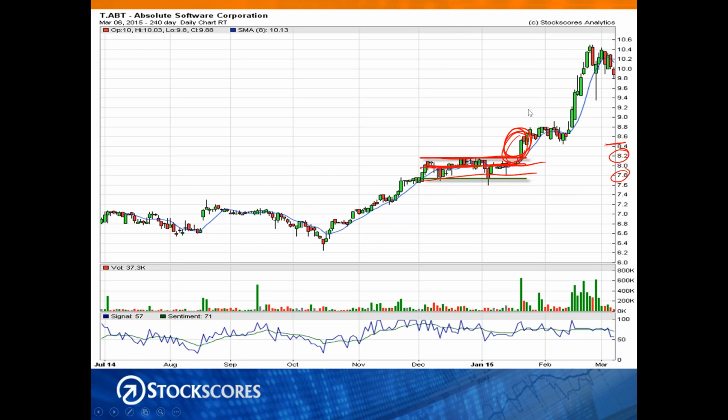although the lines across the tops and bottoms aren't converging, these lines are not coming toward one another. What is happening though is that the market does agree about what this stock is worth. You know, for, let's call it 6 weeks, the market agreed that this stock was worth $8 a share, and that's really what's important. When we talk about low volatility, we're talking about situations where the market agrees about what the stock is worth, and that happened there. Now I could draw lines here and say that, oh yes, they're converging. In this case, they're not really converging, but they are going sideways, and so that's also important.